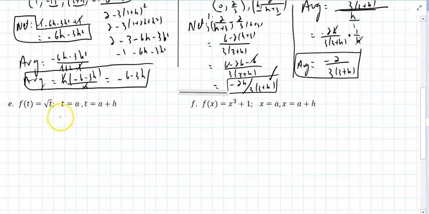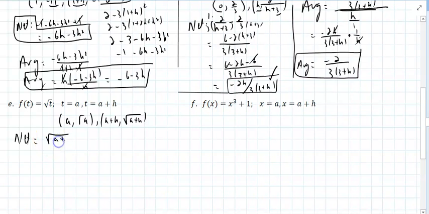Here, if I let x equal a, y would be radical a. If I let x equal a plus h, that would be the square root of a plus h. To find the net, again, that's really the busy work. That's y2 minus y1. Done deal. If I say find the average, now the key is that denominator is going to cancel out the h. So I take the net